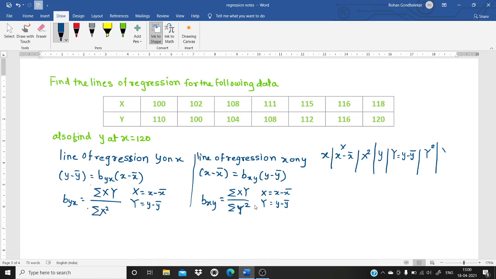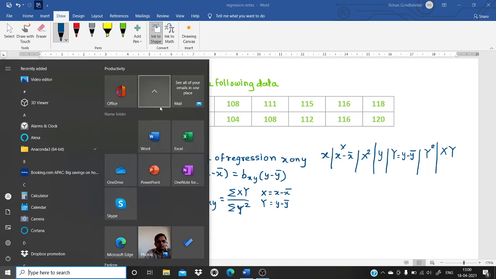And finally, I want the summation of x into y, hence we are going to take capital X into capital Y. See the table, the content of the table. Is it the same as Karl Pearson coefficient of correlation by deviation from actual mean? Yes, we are using the same table. That's why I focused on the method where we are using the actual means and its deviations. Okay, so now I'm just going to take the data from the previous sheet.